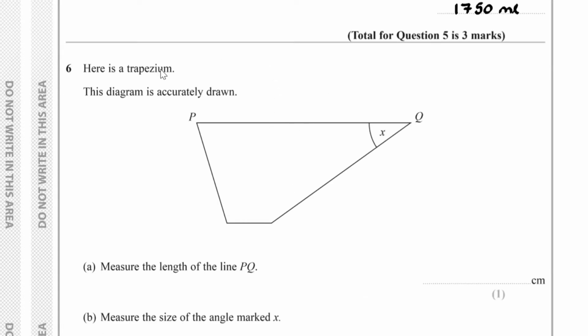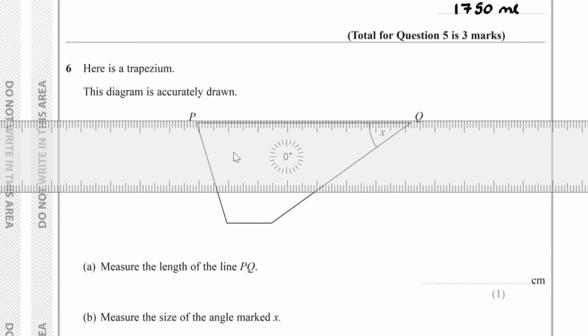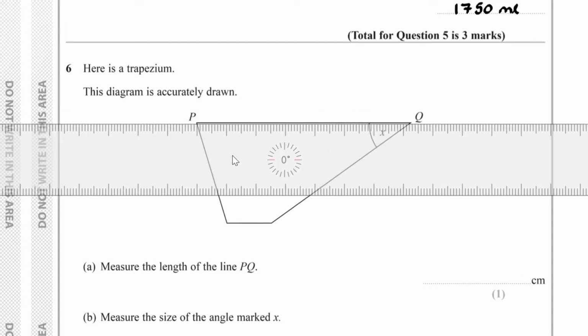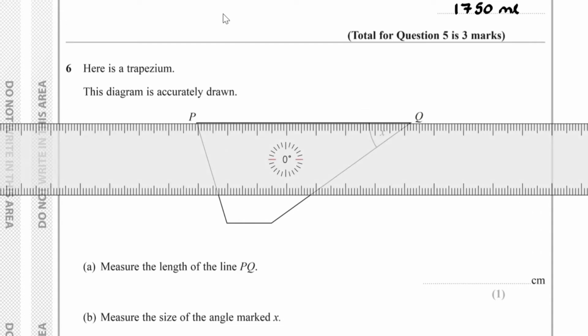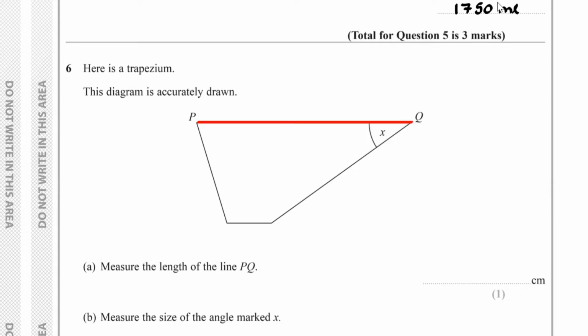Question number 6. Here is a trapezium. This diagram is drawn accurately. For part A, we have to measure the line of PQ. Well, if we were to measure the line of PQ, we've got 1, 2, 3, 4, 5, 6, 7.2. So we've got 7.2